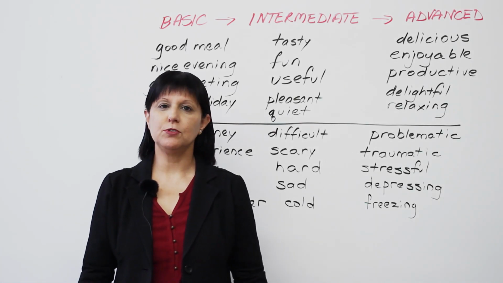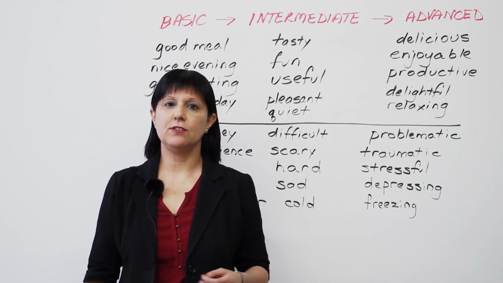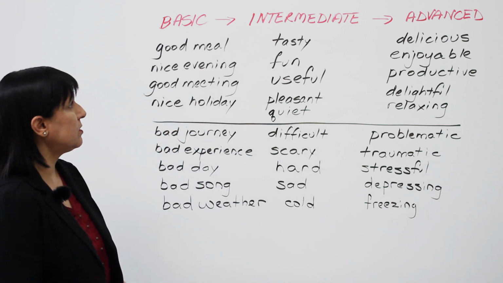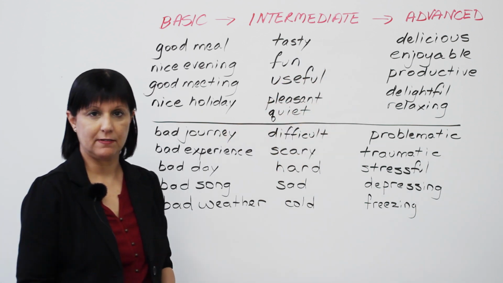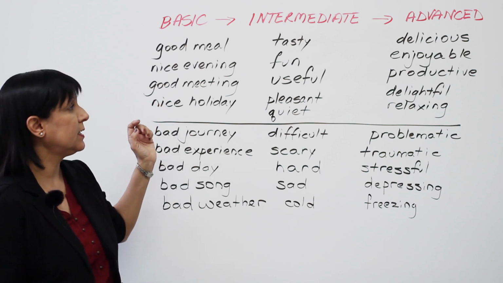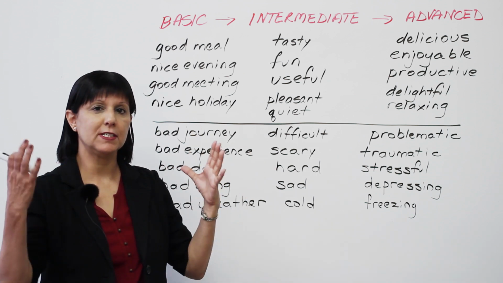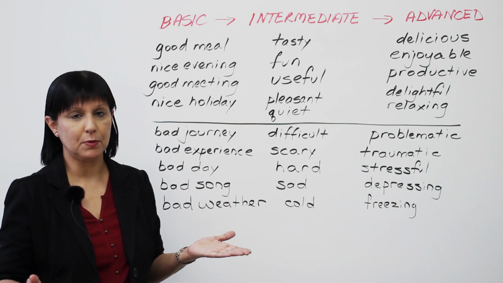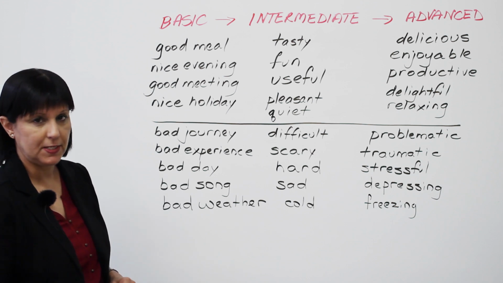So now I'll show you how to avoid using the lazy words good, nice, or bad and start using more powerful words instead. All right? You're going to go from the basic to the intermediate to the advanced level word, or you could say the more vague word, general word, to a clear word, to a more specific word, okay? That's what you want to keep in mind when you're coming up with your words. I've just given you some examples, but you can certainly come up with lots of other examples. Let's look at some of these.